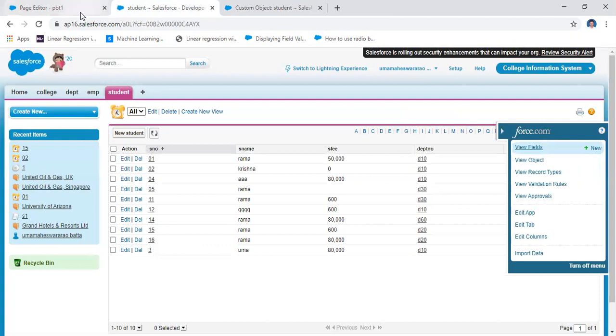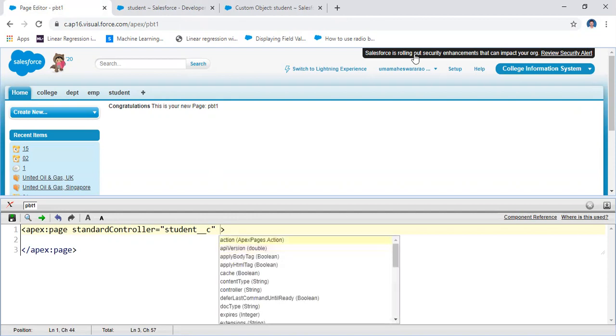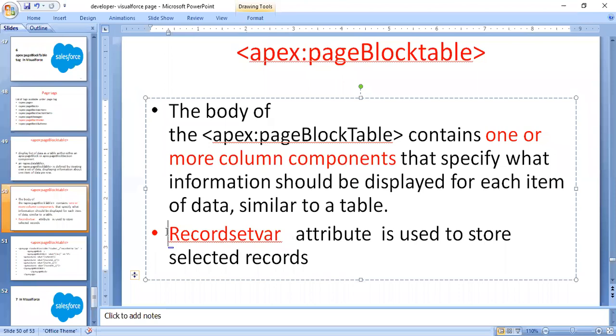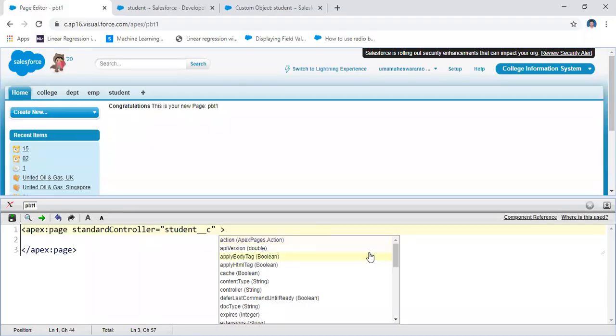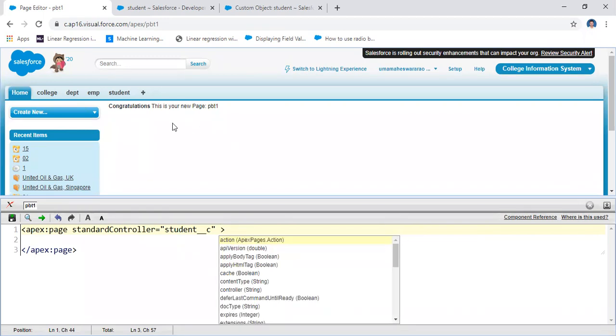The standard object controller name is the API name, and then one important attribute already discussed previously. What is the important attribute in this case? Record set var. It is a simple storage, just like a buffer. Set var stores the required information.